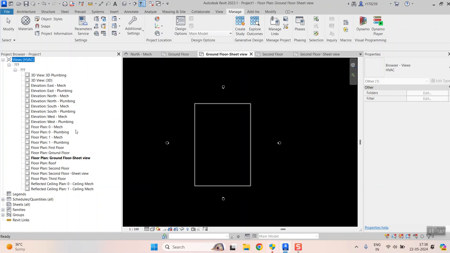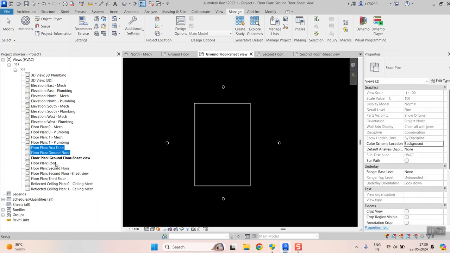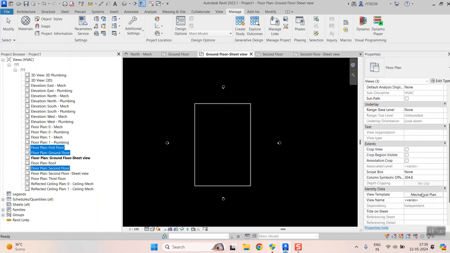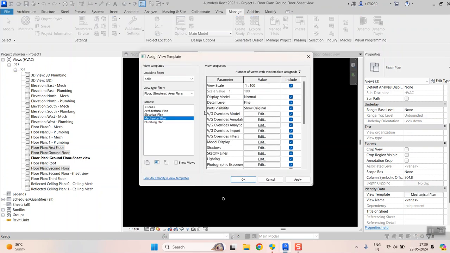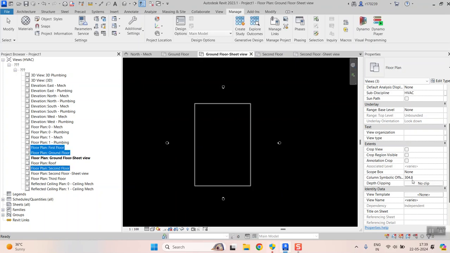I will select the floor plans ground, first and second, and in Properties, that option is not highlighted, which means a view template is applied. So we have to remove the view template, and once you remove it, this option will highlight. So I will assign the name 01,